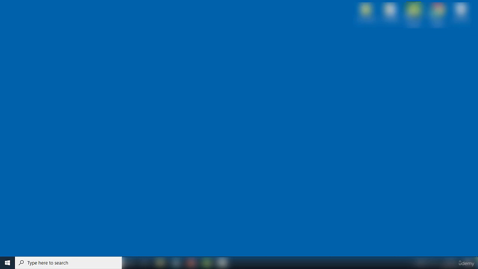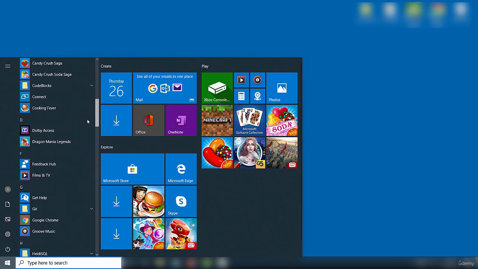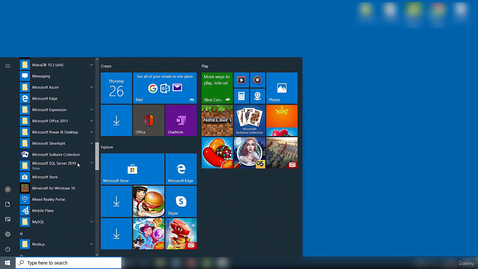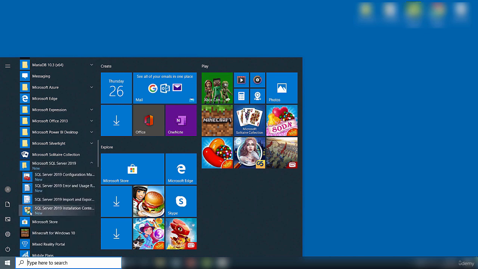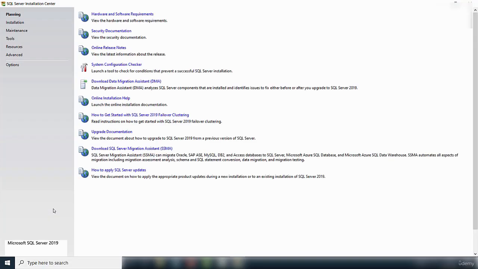To download SQL Server Management Studio, we're going to go to our Programs menu and look for the SQL Server 2019 folder, and inside that folder we should have a tool. So we've got Microsoft SQL Server 2019. I'm going to expand that, and we have this tool here that says SQL Server 2019 Installation Center. So if I click on that, it will launch the installation screen, and then from there we can download the